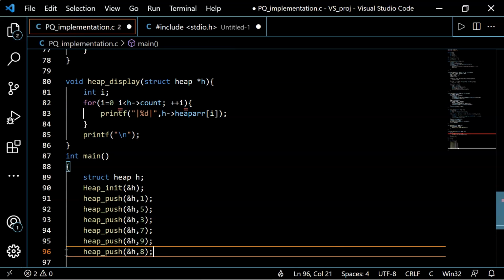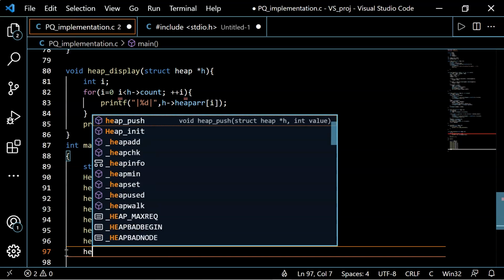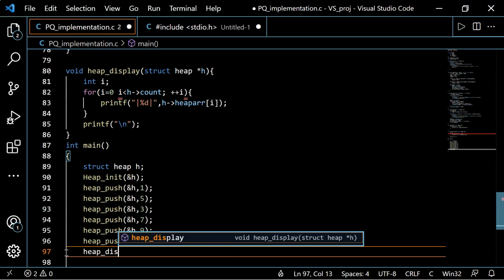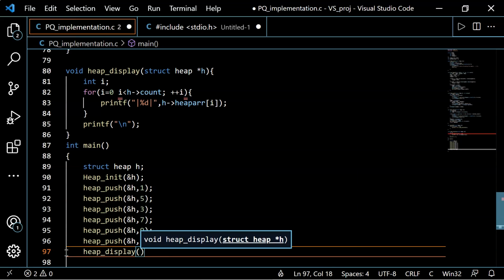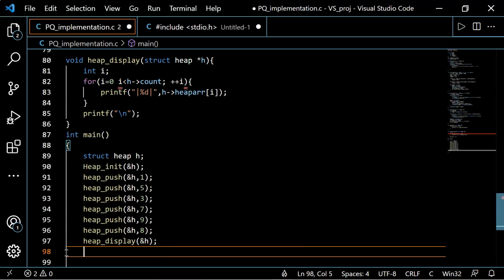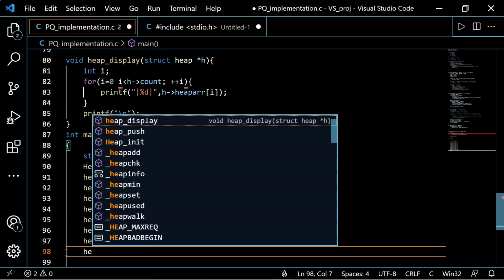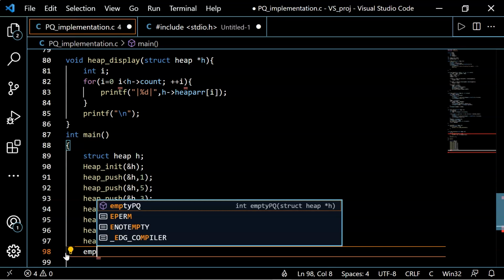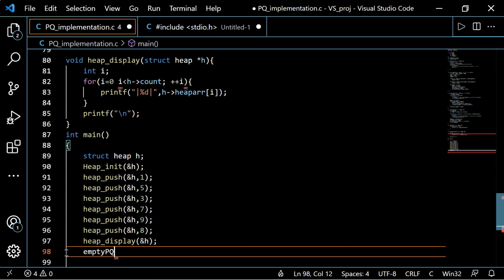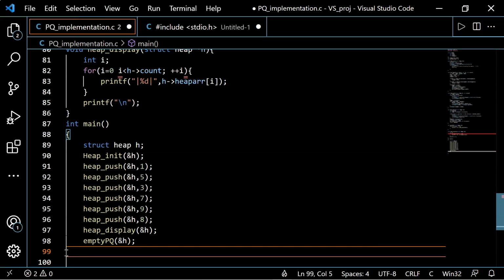Okay, so now let's display the elements inside our heap using the heap underscore display function, and let's pass the h object to print it, and again we'll call the empty pq function, empty pq, and we'll pass h, and after deleting all elements it will return the state of our heap array again, or our priority queue.